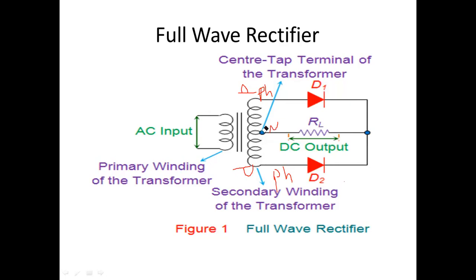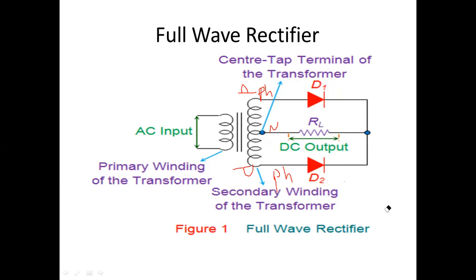Across this load resistance, we are going to get the output here now, the DC output. Across the load only, where does the output appear? On the load side only, right? Output is across the load only. Yes or no? Yes, sir. So across the load, whatever output voltage or current comes, that is called our DC output. The input is AC, but the output across the load resistance is DC here now. So this is the circuit diagram of the full wave rectifier.